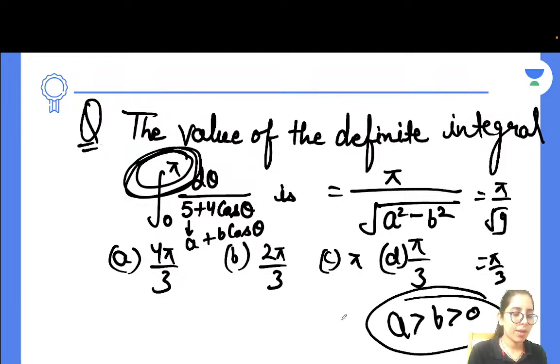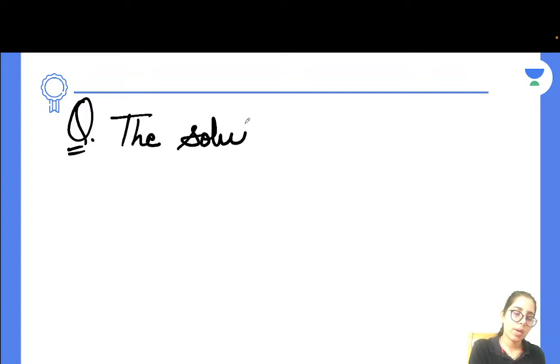Does it make sense to everyone? If still there is anybody having any doubt, just let me know. We will talk about it, but if it is clear, I'm going to give you the next question, which is here. If anybody is still having doubt regarding the previous one, you can tell me, I'll try to make it clear. The solution of the